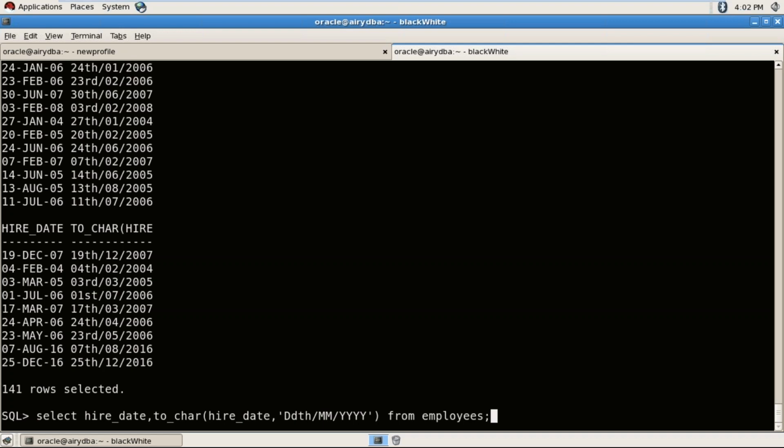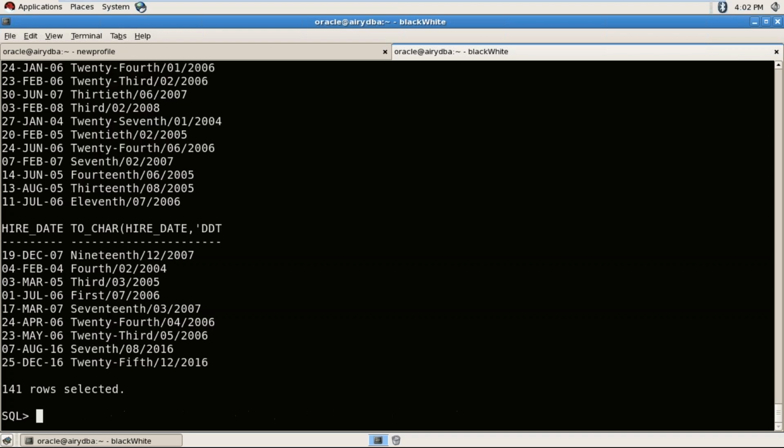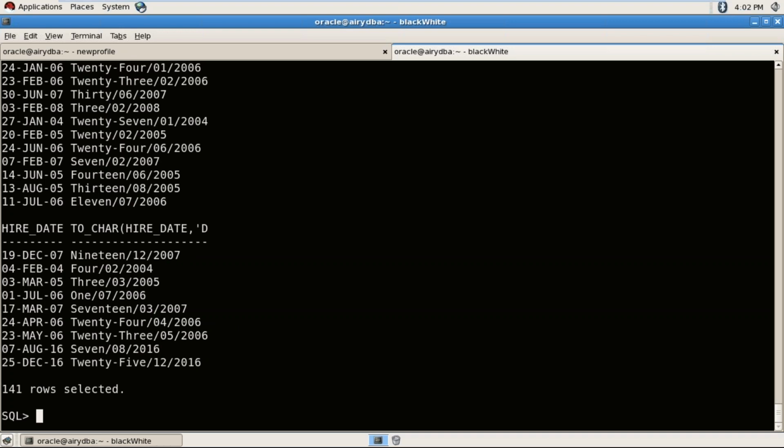So whatever the nearest D to that th is, that will display accordingly. If you have put sp here, then it will spell 24th, a complete spelling you will get, right? Because I have put th there. So if you remove th, then ddsp will spell 24,